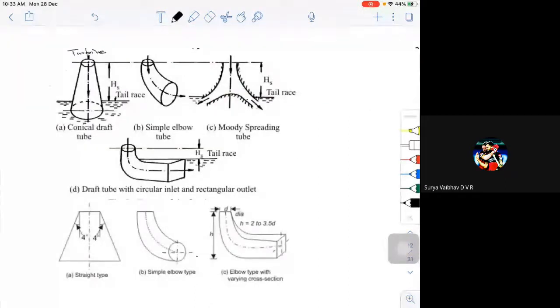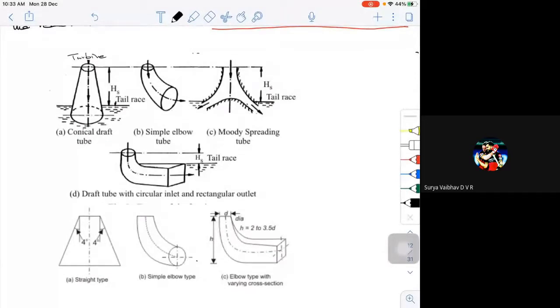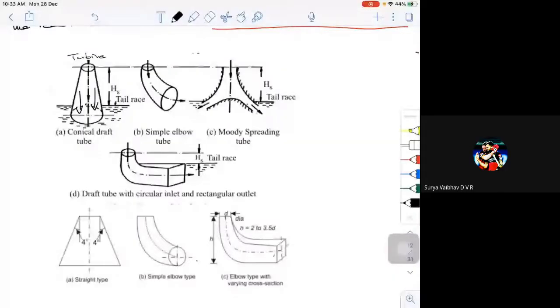So here, if you look at it, here is my turbine. I have a turbine which is maybe at the entry, just above this particular, and I have a tail race. So this is the tail race. What we have at the bottom is the tail race. So what will happen? The fluid will be flowing something like this. The fluid will be flowing down, so that the fluid that is coming out of the turbine may not be